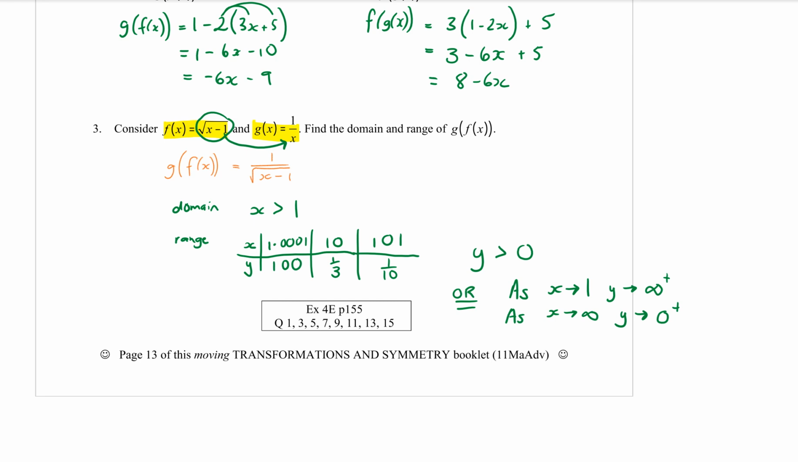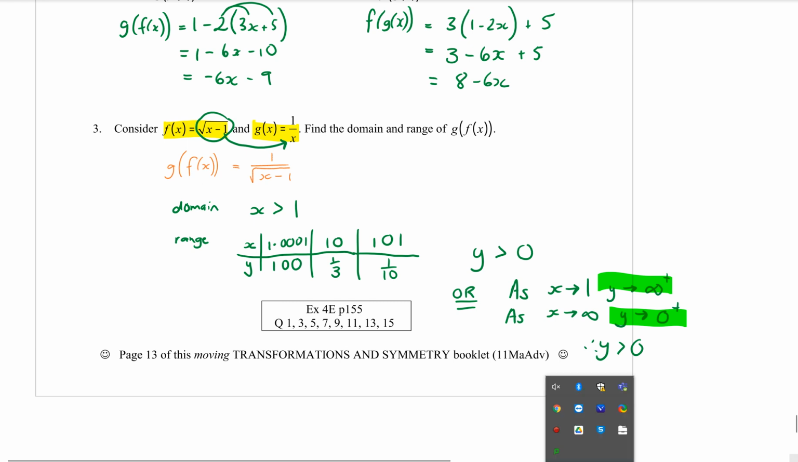Okay? So doing it that way as well, you could also see, looking at those y values, that y is going to be starting close to 0 and just getting larger from there. So you also get the range of y is greater than 0. Okay? That question there, let me just stop my video because I don't